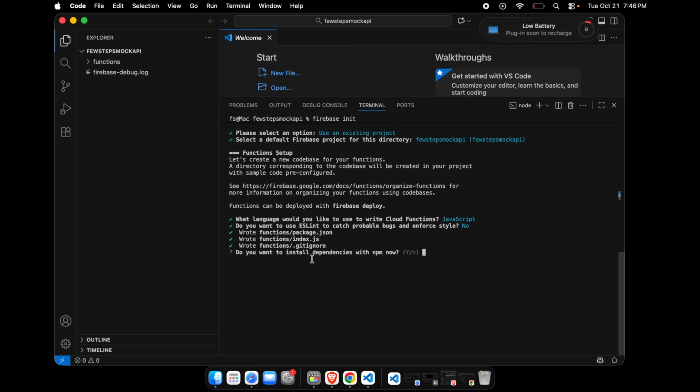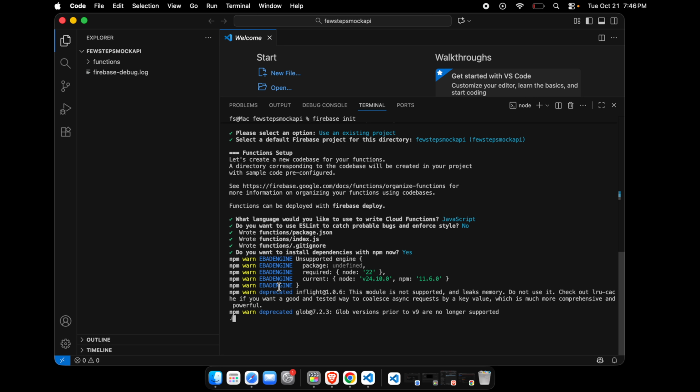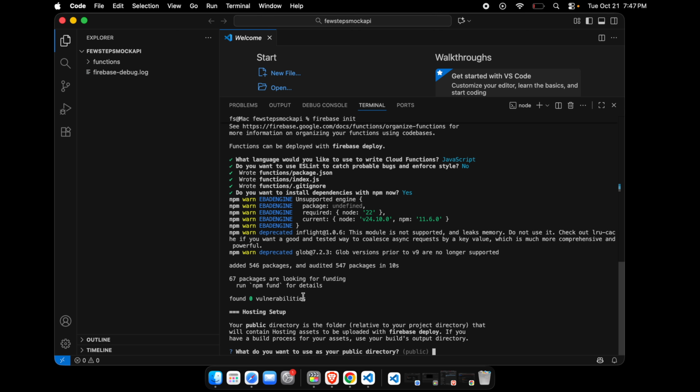Do you want to install dependencies with npm now? So it is asking whether we want to install all the dependencies with npm now. I'm going to choose yes. Okay, then I'm going to press the return key one more time, and very shortly it will do something, and you will see a couple of folders and files created on this side. Okay, so here this main task is completed, and here it is showing